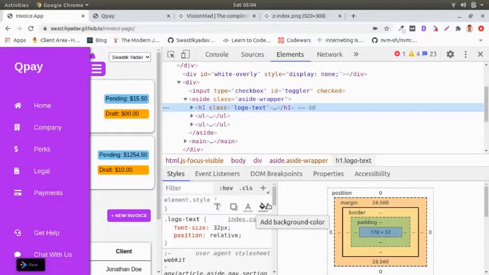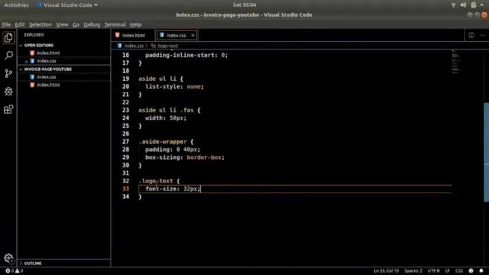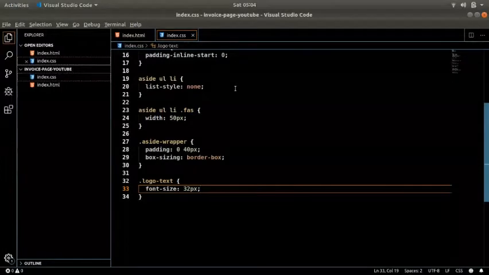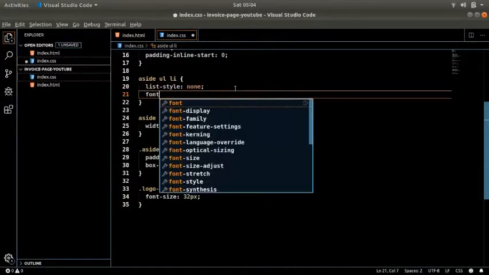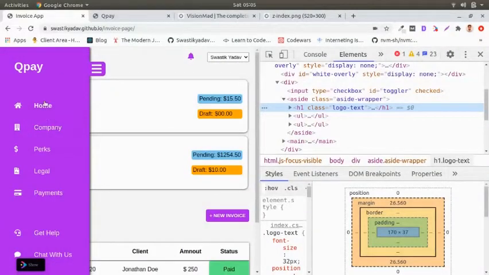So font size is 32 pixel, and for these li I think it's 18 pixel. So li I will add font size 18 pixel, and yeah, we also need to space them between each other.